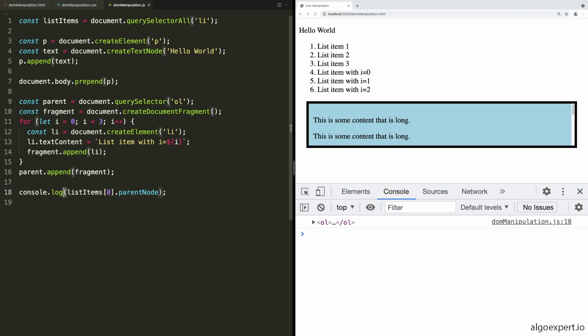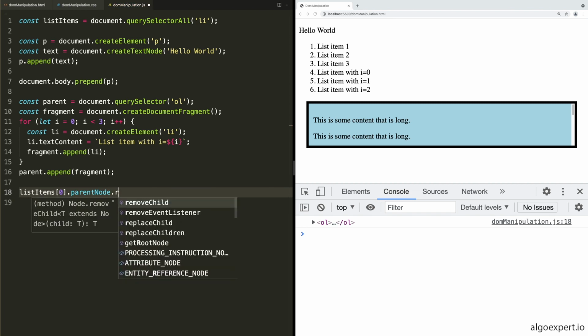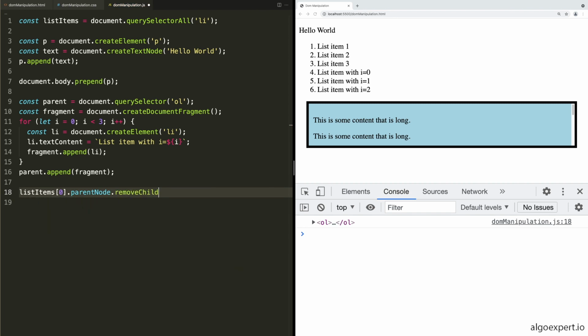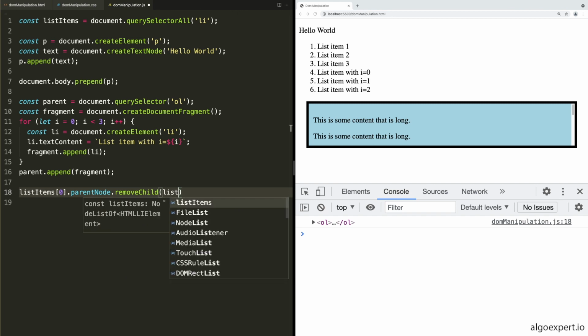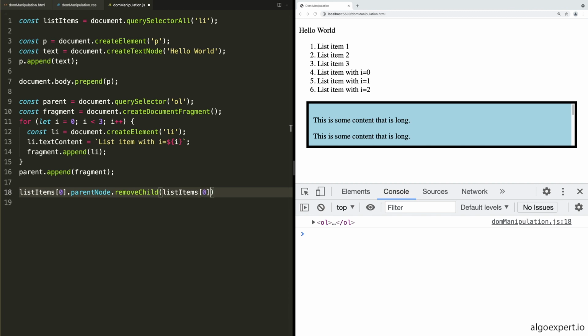So this is the parent of the list item. Then we call the removeChild function of that parent, and we pass in the element again. So we can say element.parentNode.removeChild of the element,